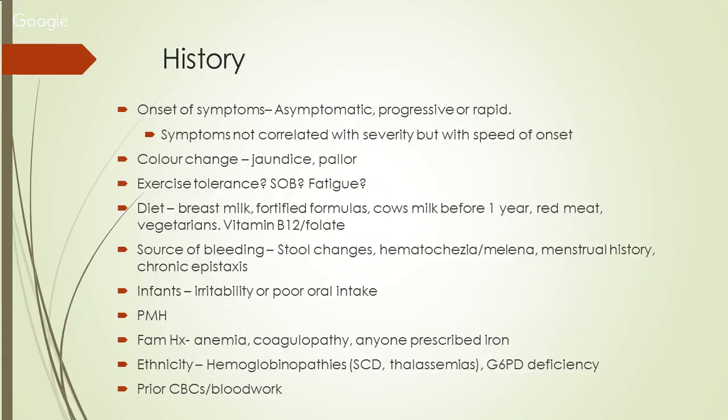So if you're looking at the onset of symptoms, is this something that's shown up all of a sudden, short of breath, feeling weak? Is it progressive or is it asymptomatic? A lot of the times the chronic processes can show up asymptomatic. The body adapts to the lower hemoglobin. Is there any color change? Are they just pale or jaundiced? Oftentimes,